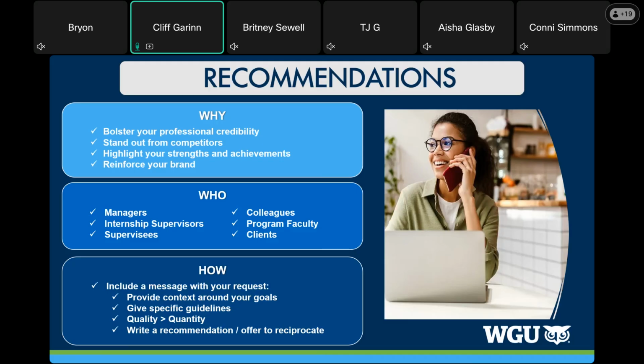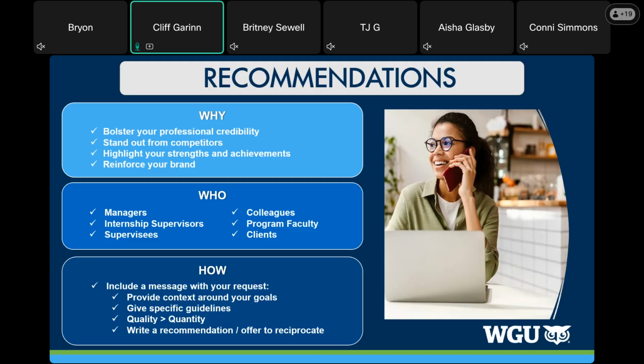And then the how is a message to them that gives them context. Why you're asking for this recommendation? How long do you want it to be? How's it going to be used? They don't necessarily have to give their full name. You want quality over quantity, right?